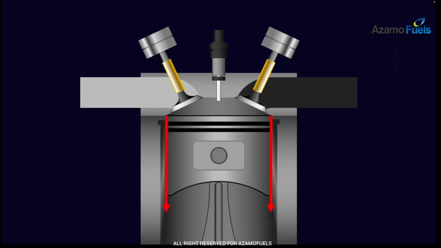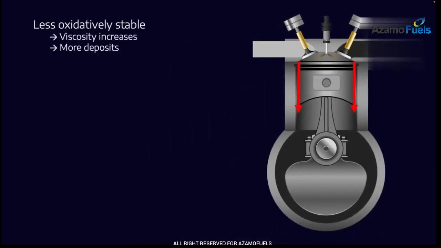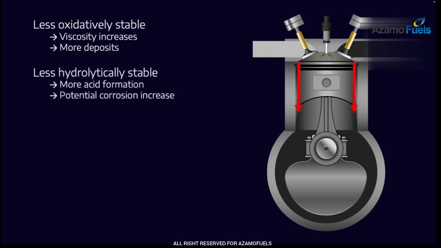So what is different about biodiesel? Well, first of all, because it's so unsaturated, it's less oxidatively stable. So we tend to get, as it mixes in with the lubricant, it breaks down. Typically oxidation will lead to things like viscosity increases and more deposits. It's also less hydrolytically stable. Being an ester, when it comes into contact with water,